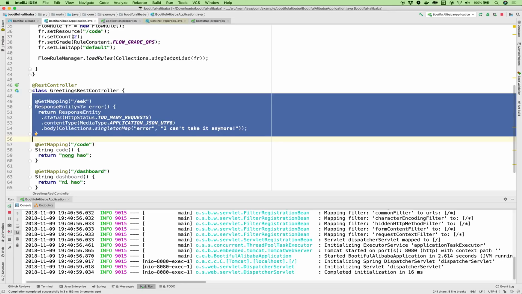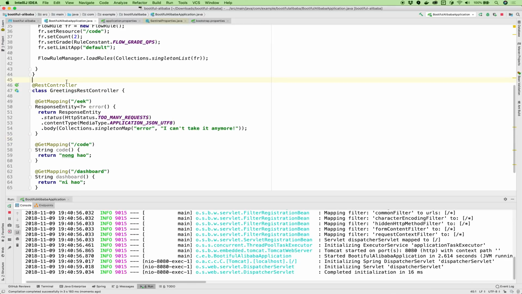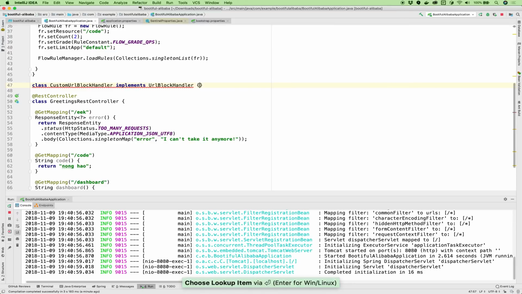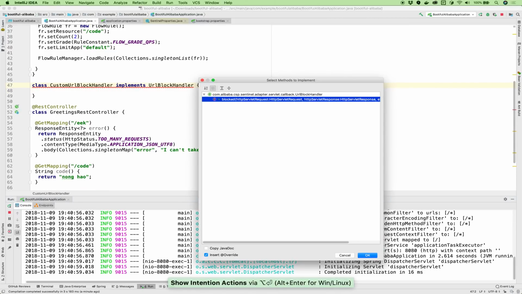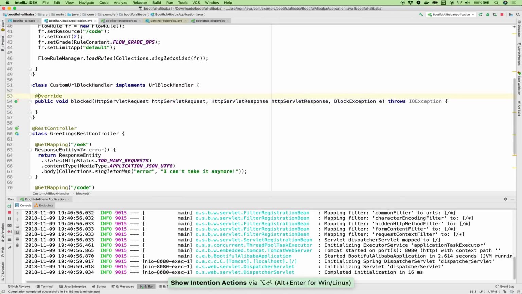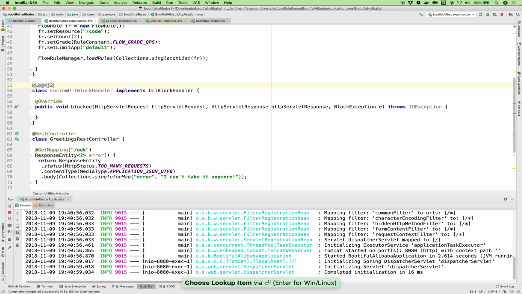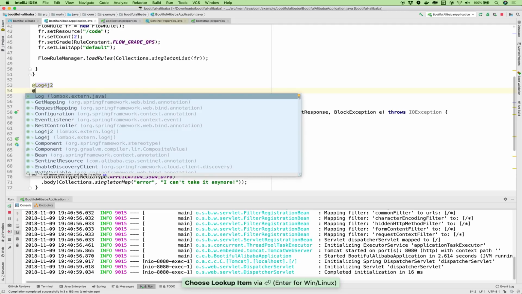Another is if you want a more generic object-oriented thing, a callback interface. There's a thing called a flow, what is it called? A URL block handler. So let's do that. We can create a custom URL block handler. Implement UrlBlockHandler. Implement these methods. And we're just going to log, I guess, the information here. I quite prefer that first mechanism, but this might be more interesting to you, and that's why I show it to you.